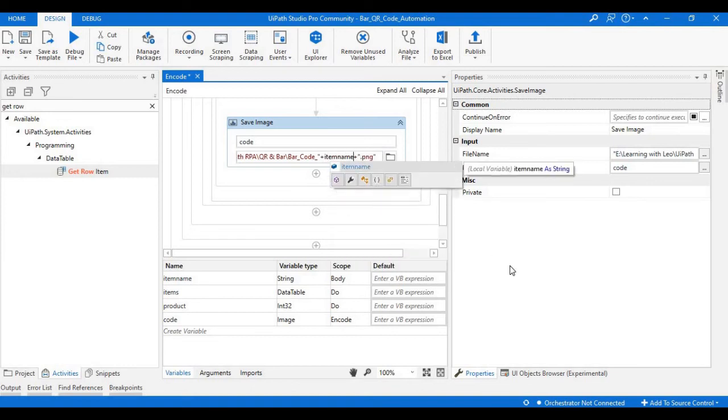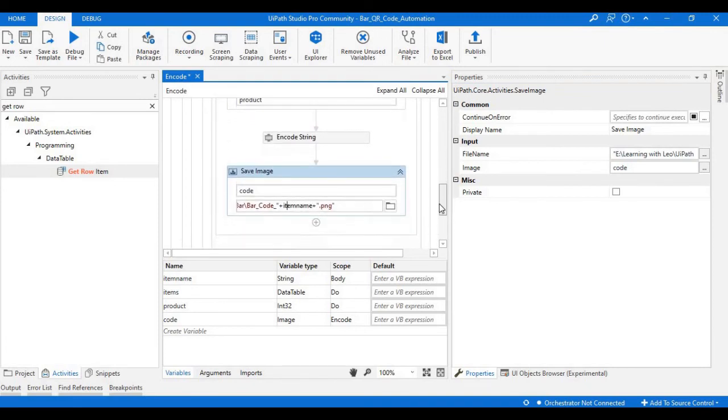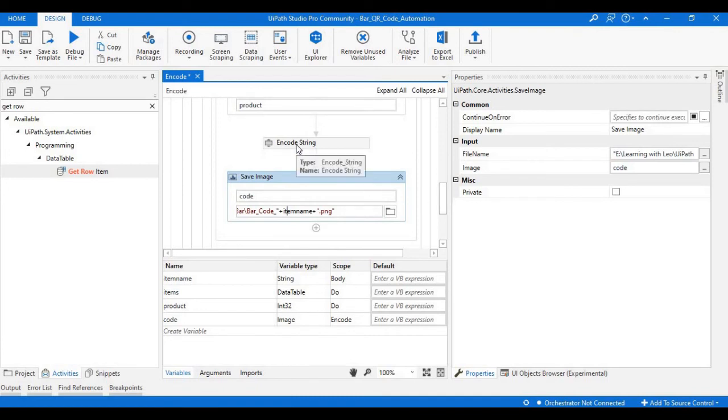Now what will happen is, once the for each row is iterated, whatever name we are converting into a QR code will be generated with the name of the same item.